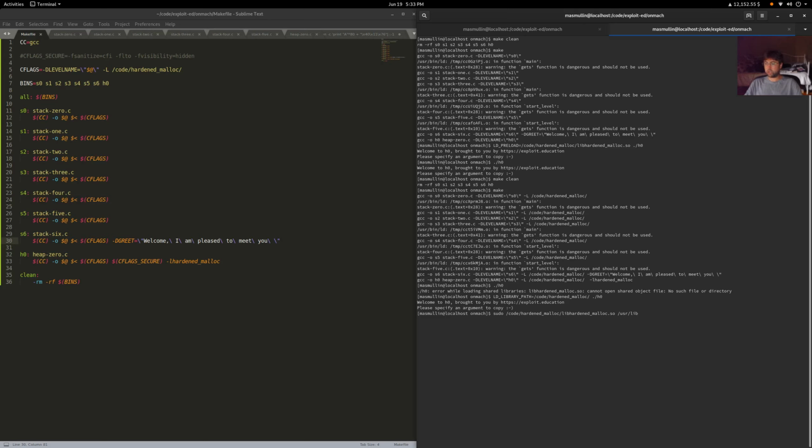And on my Fedora machine, one of those paths is /usr/lib. So I'm going to copy libhardened malloc into /usr/lib. Right. And okay, there's still a problem. After you copy hardened malloc into this area, you have to run ldconfig. And I think this is specific to Fedora, but I'm not quite sure. And after you do that, now you can run your binary, and